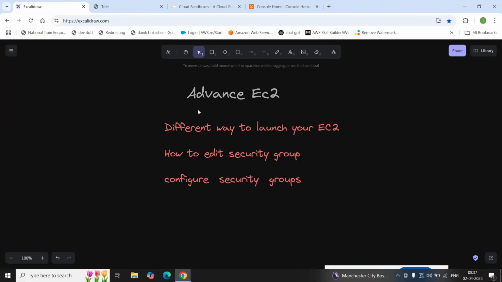So in this one, I'm going to cover the EC2 part. In the EC2 section, I'm going to start with the different ways to launch your EC2, then how to add your security group and configure the security group. Okay, so step by step, first of all I'm going to start with the launching process of your EC2